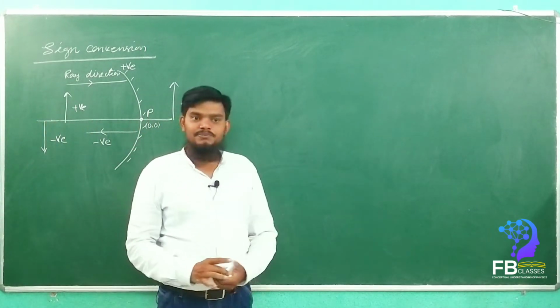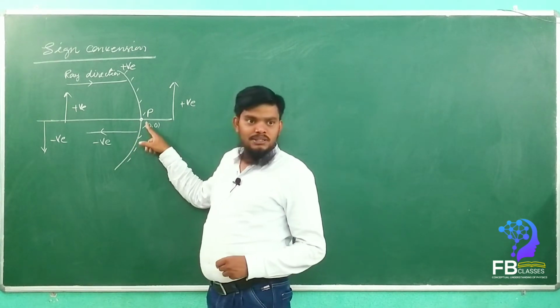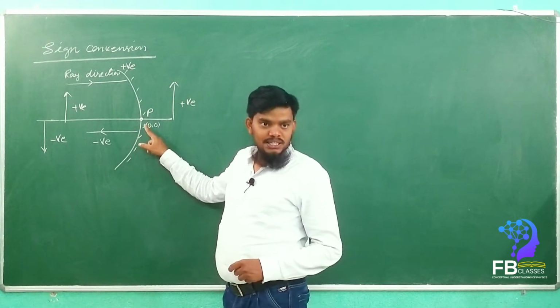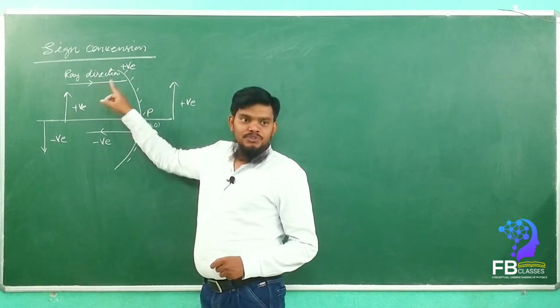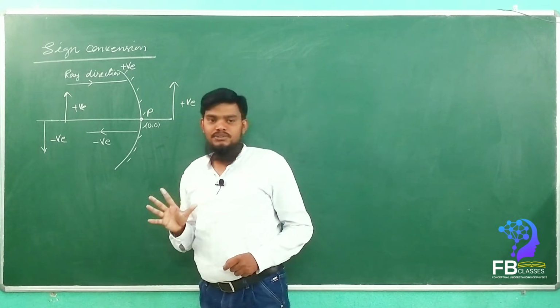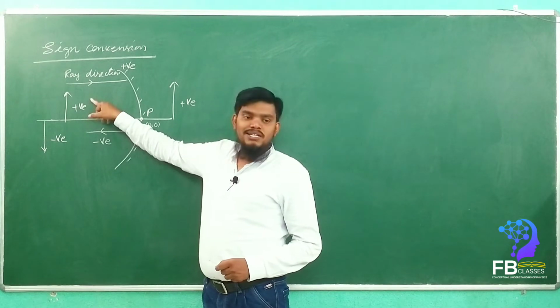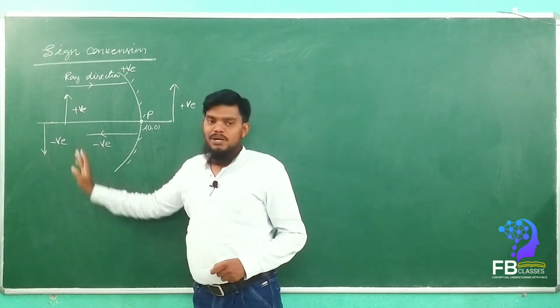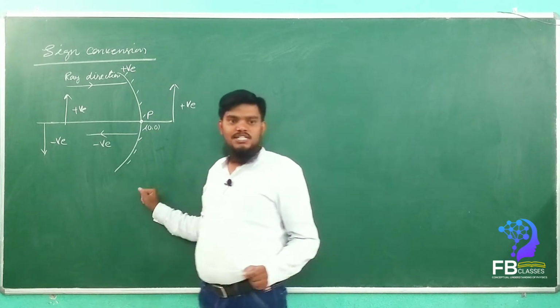Clear, everyone? Whatever the distances are here, they are measured from the origin only, that is the pole. The second point to remember is that the useful ray direction is a positive direction. If we want to measure heights, above the principal axis is a positive height, below the principal axis is a negative height. Simple as that. These are the sign conventions.